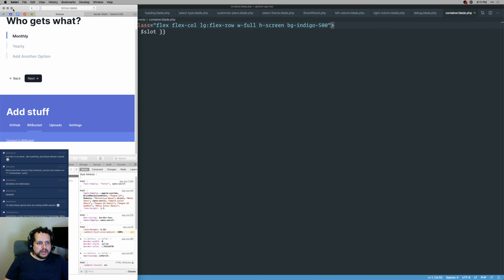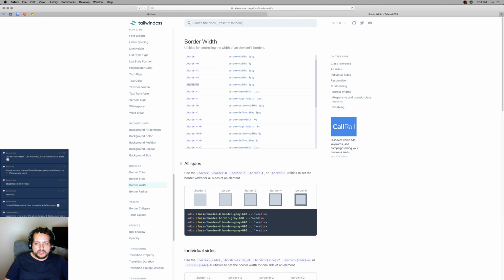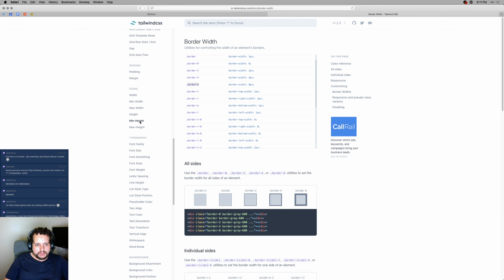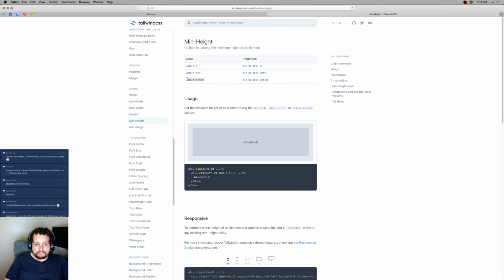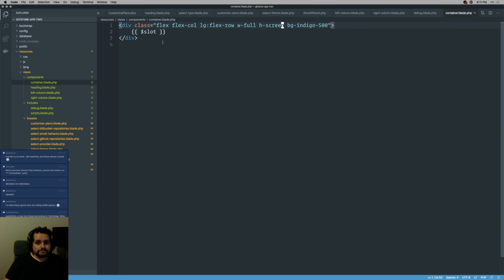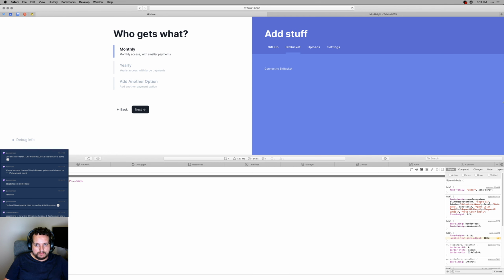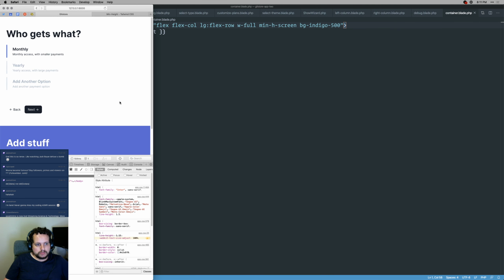Is there like a min height screen that I can do on this? I think that's what I actually want to do. Not just normal height screen, but min height screen. There is. Tailwind is the boss. Okay, so that should give us the same view here, but when we go small,